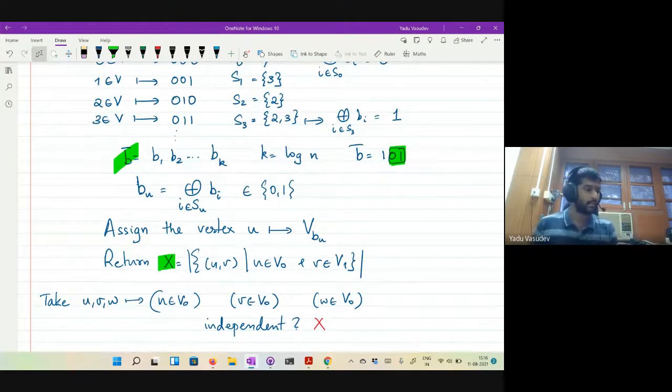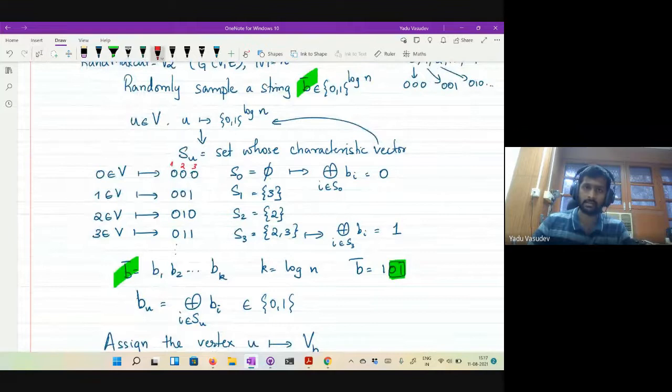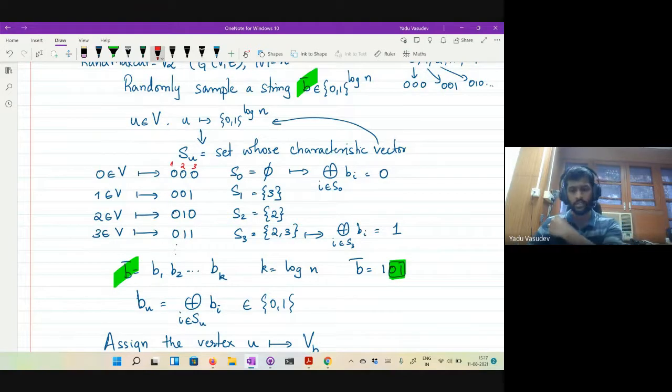So this is another randomized algorithm that gives you an expected cut of size m over 2. And the nice thing about this algorithm is that it only uses log n random bits. So what we will do then is brute force iterate over all strings of length log n.